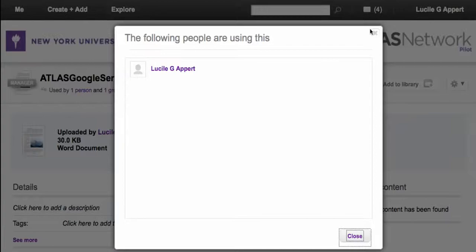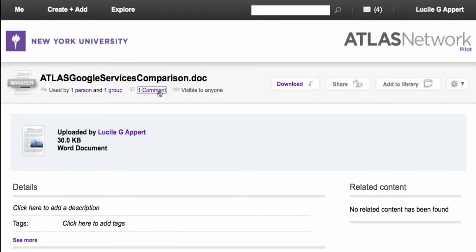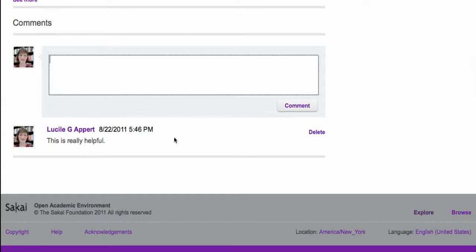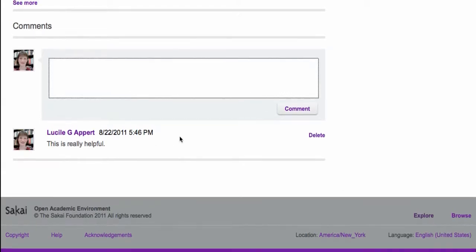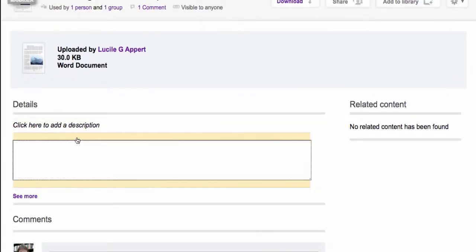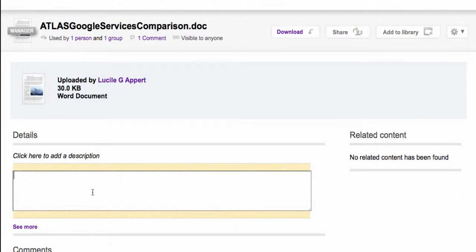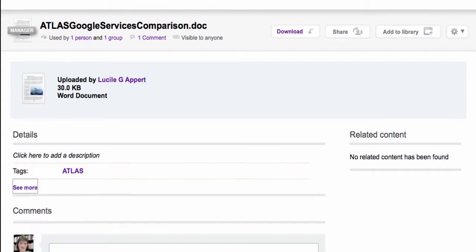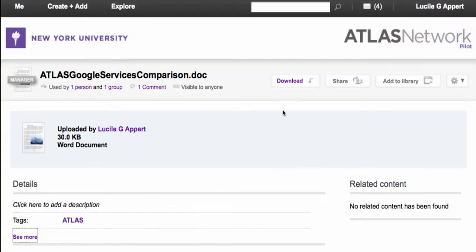This is particularly helpful if you're providing a lot of curricular materials and you want to see how many different courses are using materials. People can also leave comments, so there's a comment thread that goes on the content profile. You can add tags, and if this were in a course, I would have related content on the side. So for this, I'm going to add Atlas as a tag. So people looking for more information about our environment, we can add that as a tag. At the top, then, I can download this particular piece of content.